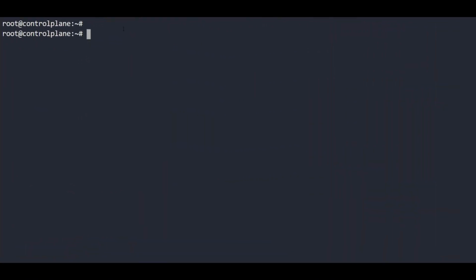Okay, as I previously mentioned, the PVC and the pod should be in the same namespace, because we are utilizing the PVC in the pod creation. Otherwise, things will not work. The pod will not come into the running state, or the PVC will not work properly for the pod.